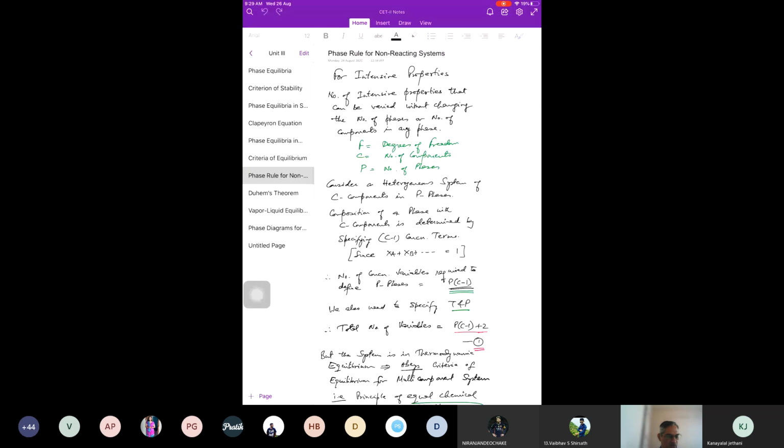Now this is always for intensive properties. It is not for extensive properties. Remember that. Phase rule is always for intensive property. What is intensive property? Example of intensive properties. Specific volume. Yes, that is also. Okay. For example,